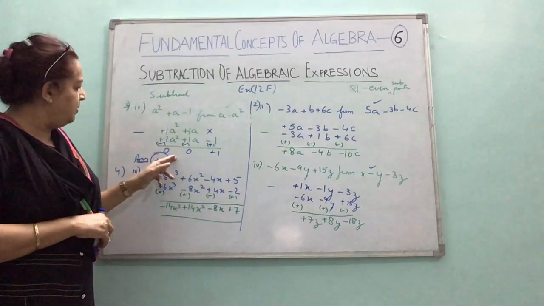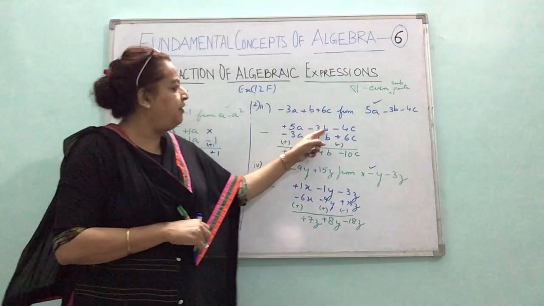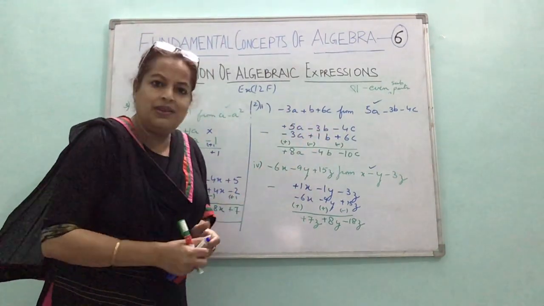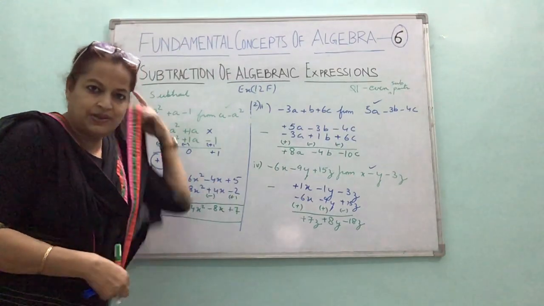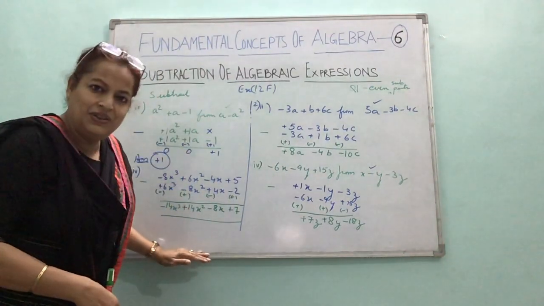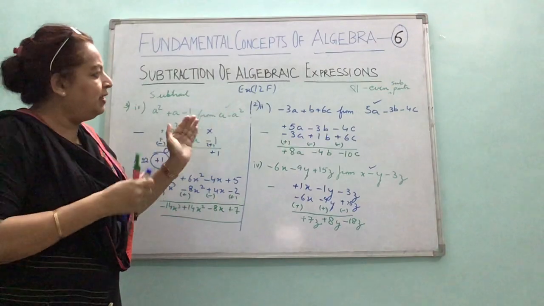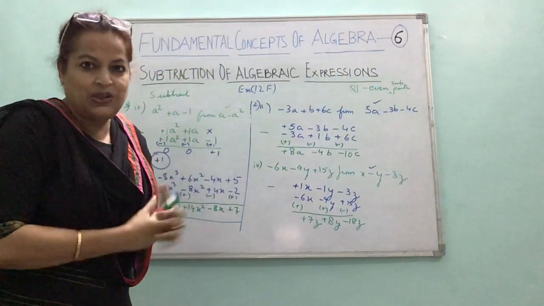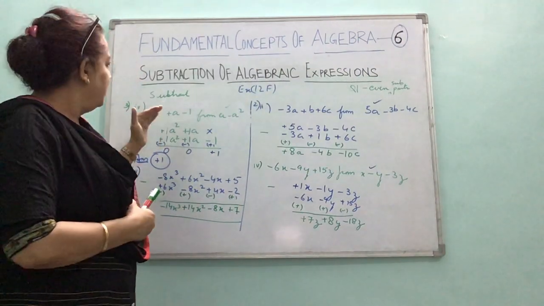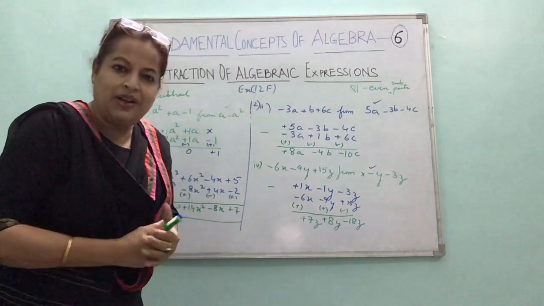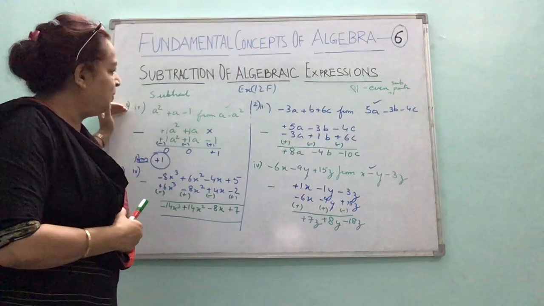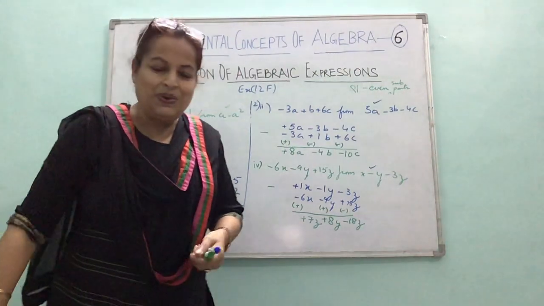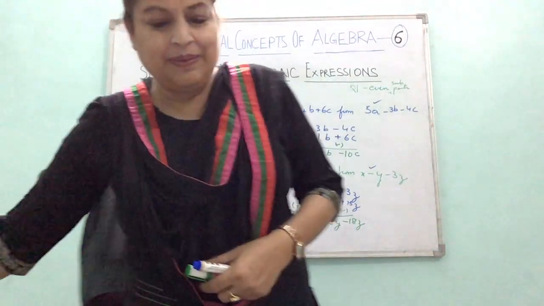Now here also the variables are there. Here we have different variables. So we don't have to arrange according to powers, right? Clear, children? Now see, as you are doing question number 1, see the examples which I have done of question number 1. Then when you are doing question number 2, see how I have done question number 2. When you are doing question number 3, see that. And accordingly you do, there will be no difficulty, right?